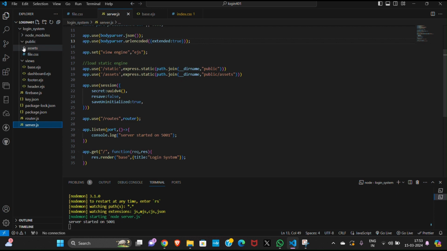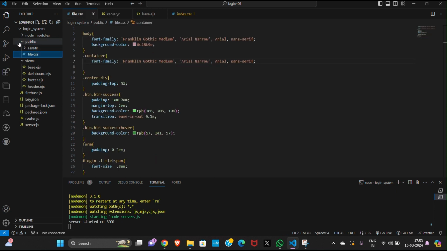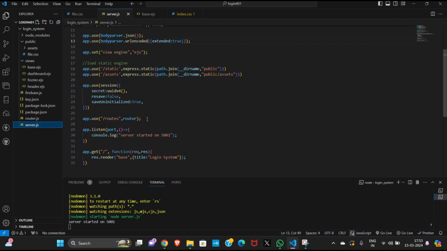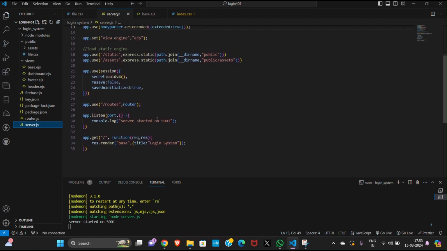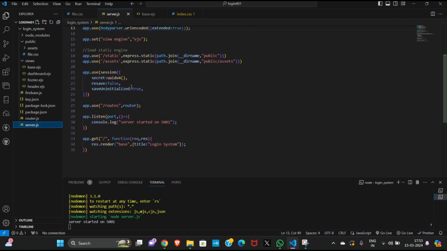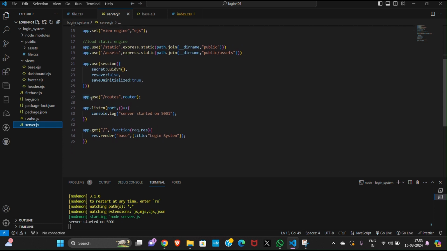These are the static directories which I used. The static directory is public, and the assets directory is inside the public directory, and the CSS files are placed in public. I also created a session for the user whenever he or she signs up. Whenever the user clicks on the sign up button,